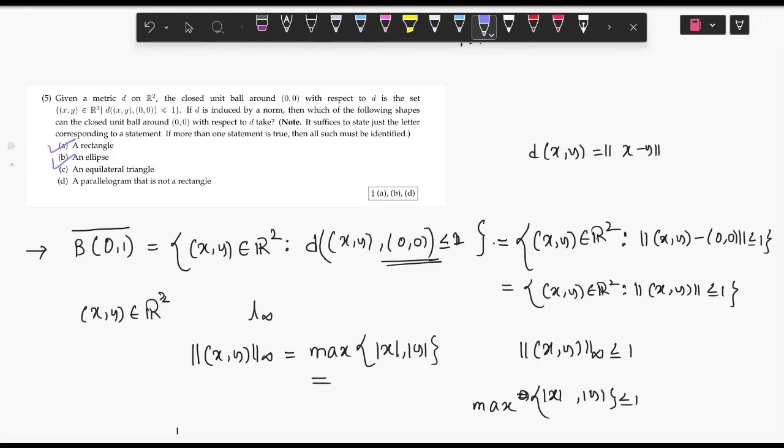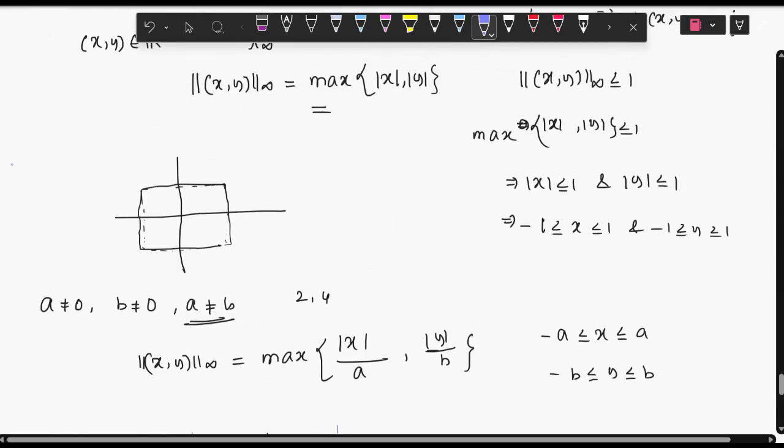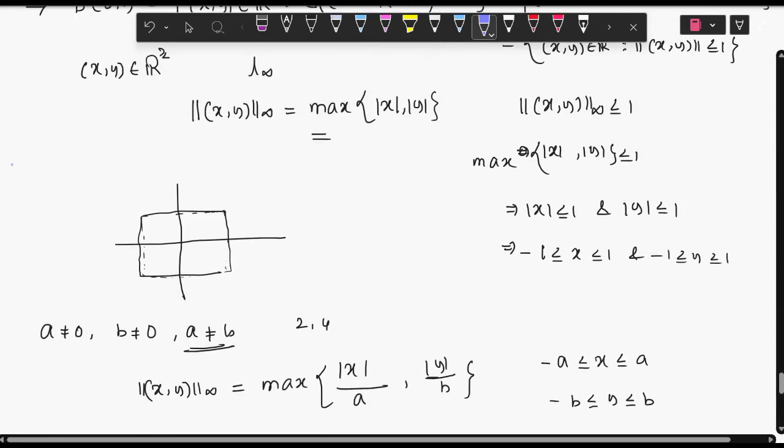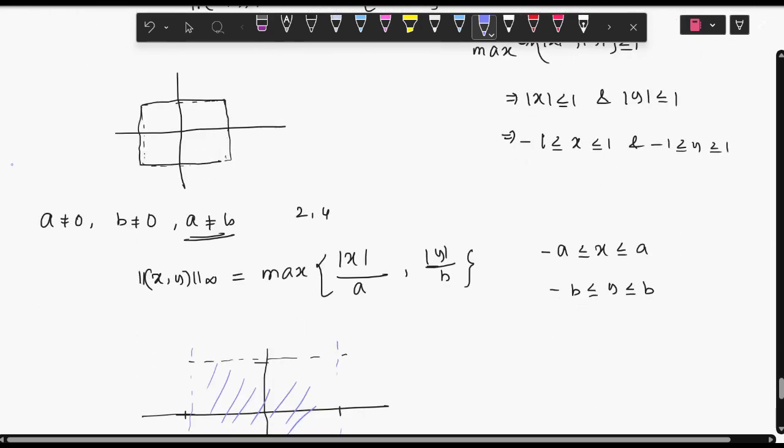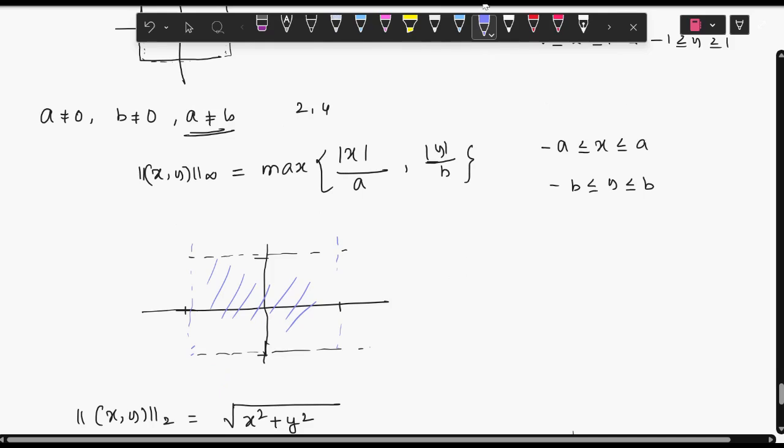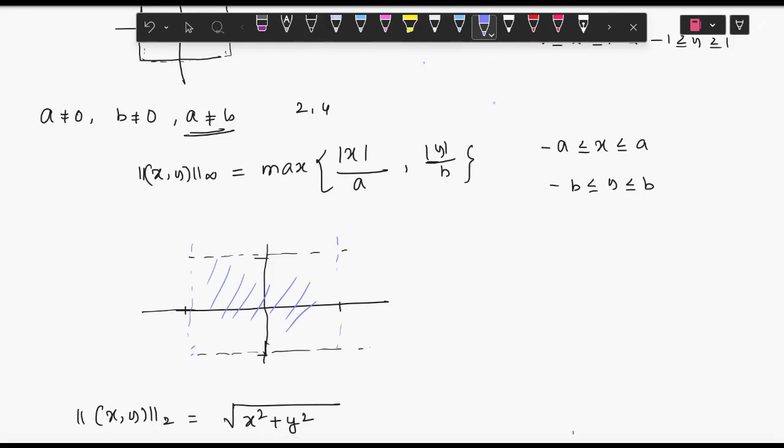Now we will discuss option C later. We will talk about option D, parallelogram. Is that possible? Yes, possible. A parallelogram is also possible, sorry, not from the L2 norm. This is also possible from the L infinity norm. How? We will just change this L infinity norm as the norm of (x, y) is equal to